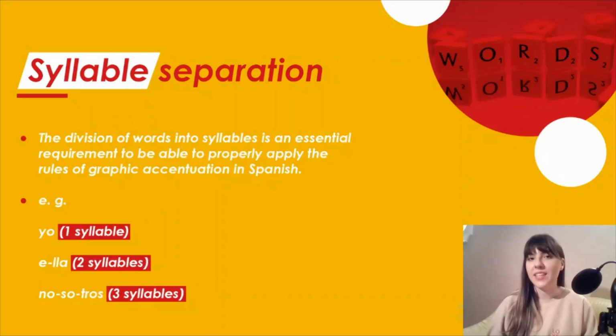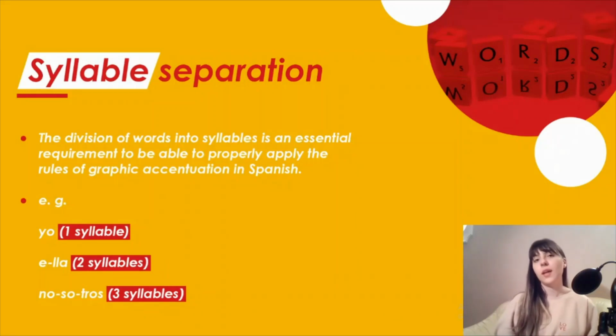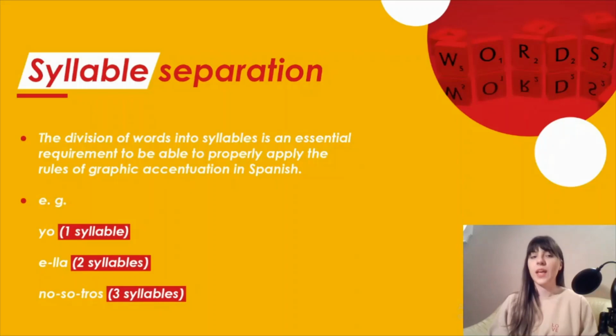Let's start by learning what the syllable is. The syllable is the unit of the language made up of one or more articulated sounds that are grouped around the loudest one, which is usually a vowel. So for there to be a syllable, a vowel is enough. And we will see that here in these examples.